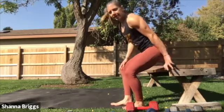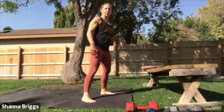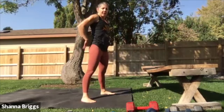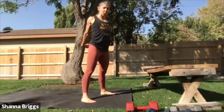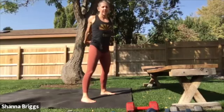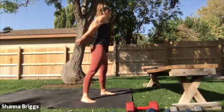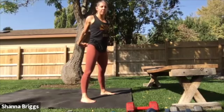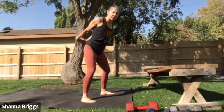Fantastic. And very last one, we did it earlier. This time we'll add the forward fold if you feel good for it. Hands behind the back, extending out those arms, really opening the chest. You can start by just rocking yourself side to side. And then if you want to add that forward bow, get really good strength in the legs, slight bend in the knees, and then you want to be long in the